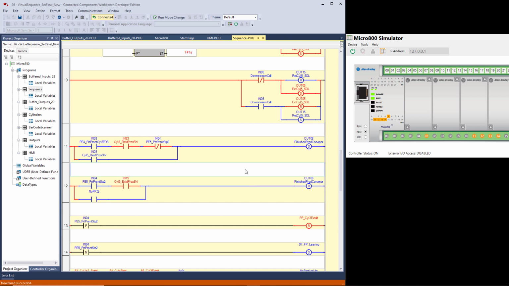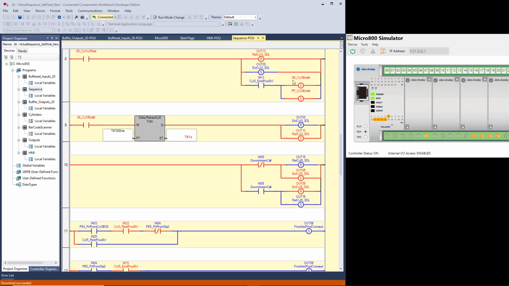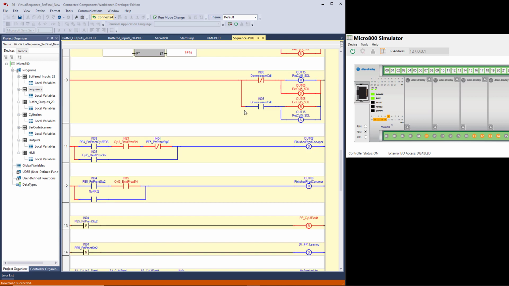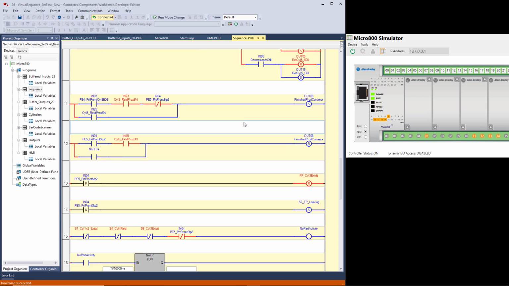If I scroll down here to see where it stopped, I can see that S6 completed, cylinder 3 extended. Now, if you remember your virtual machine, that means that the part is pushed out onto the finished product conveyor. But the finished product conveyor is not running yet. It can't run until cylinder 3 retracted proc sees this cylinder piston, which it has. This is true. And input 4 is not on, meaning there is no part at the last stop on the